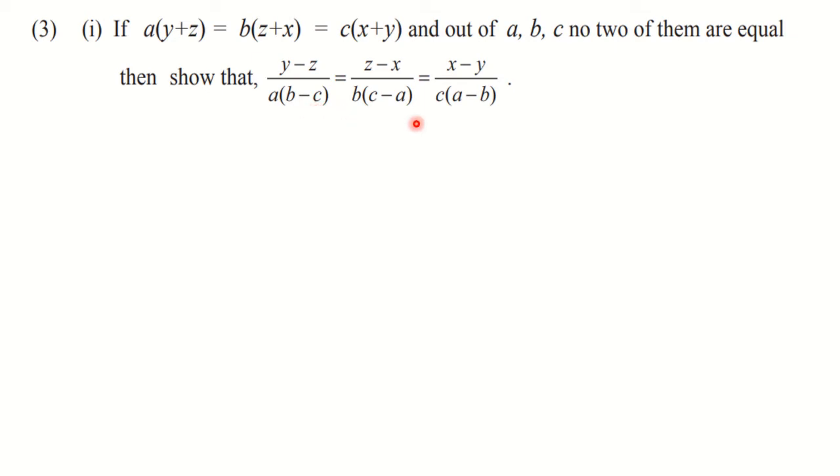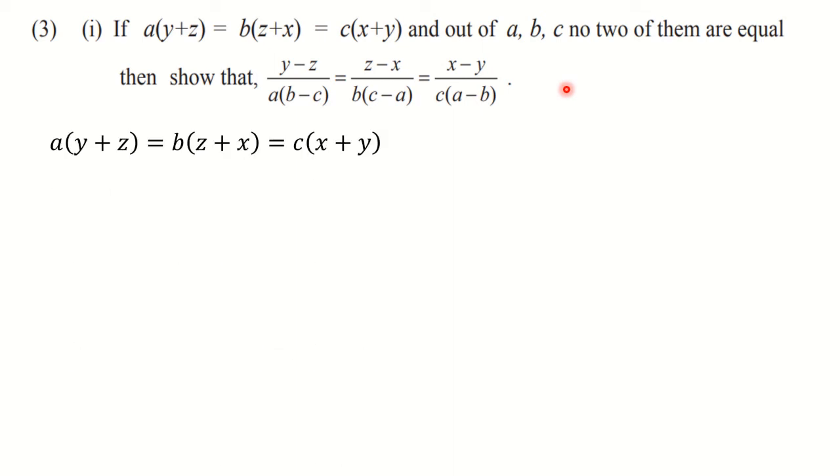So first of all, you have to observe what you are provided with and what you want to find. Here we can see that x, y, z appear in the numerator, and a, b, c appear in the denominator. That means a, b, c are not present in the numerators. So this a, b, c we don't want, we need to eliminate them. At the same time we want a, b, c in the denominator. So we will take this original ratio and we will divide each and every ratio by a, b, c.